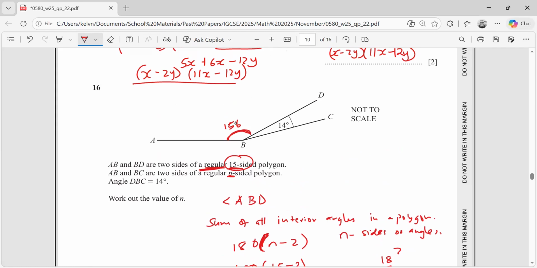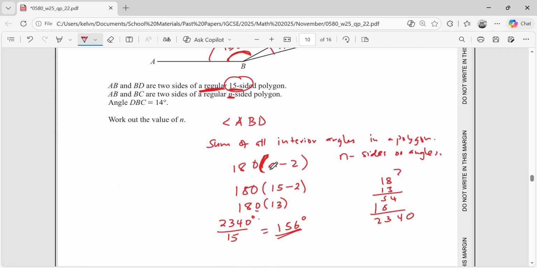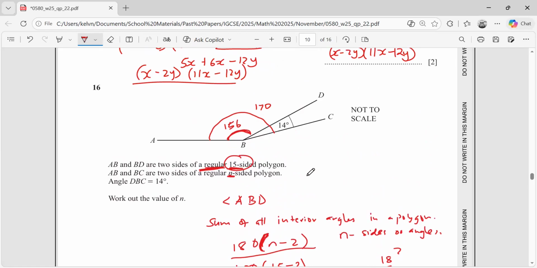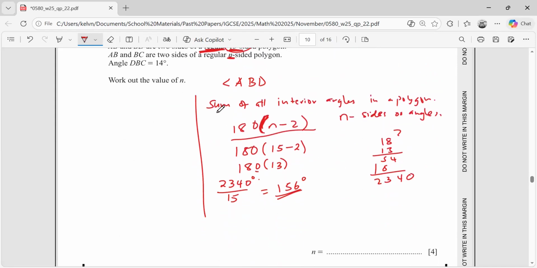We're not done yet. We just found that angle there. And with that angle here, we can actually find this angle here, which will now be 156 plus 14, which is 170, right? And now if that's 170, and we know the sum of all interior angles in a polygon is given by this formula, we can get the sum. So let's get the sum before I say the rest. So it is 180 times n minus 2,